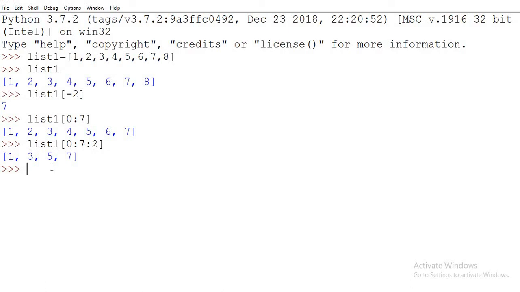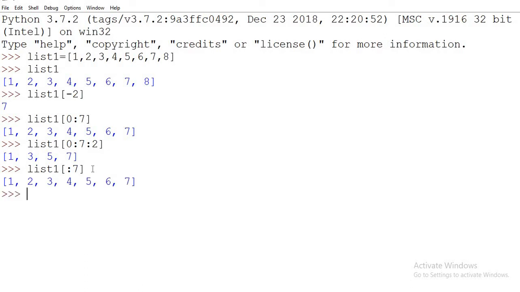Now if you forgot to give the initial index, let me just copy and paste it. I forgot to give the initial index and I don't want to give the step size. What it will do? In that case also it will start from the 0 index.